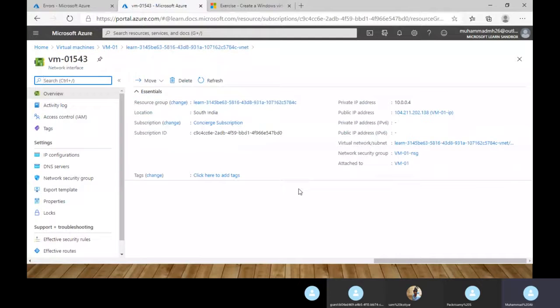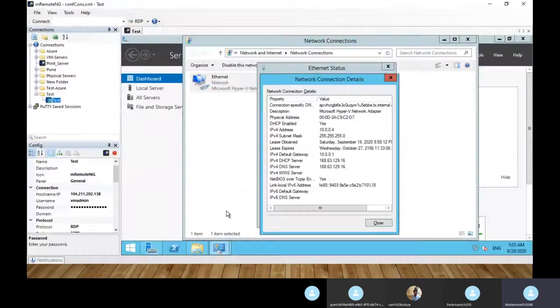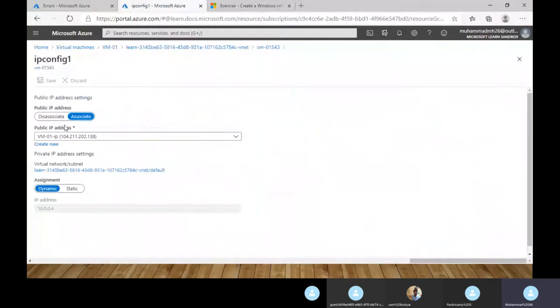If you open this network interface card, it has a public IP and IP configuration. This network interface card has this 10.0.0.4 IP associated with it.